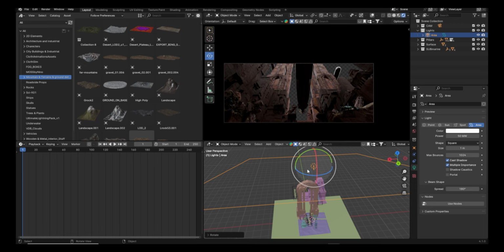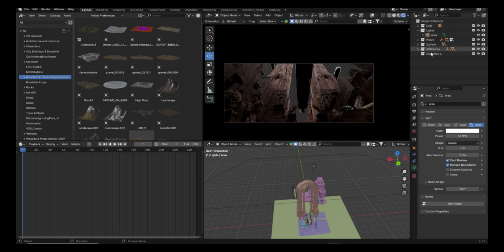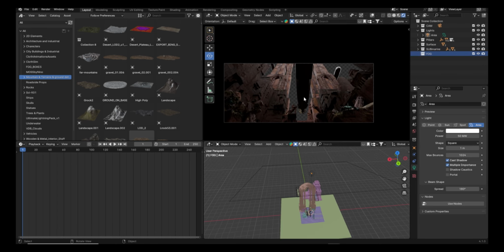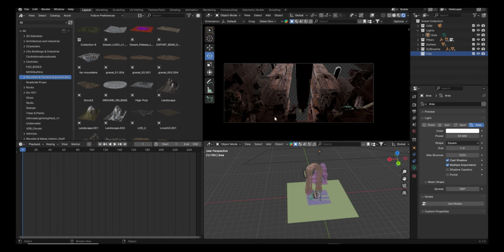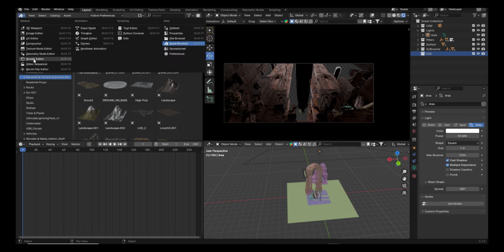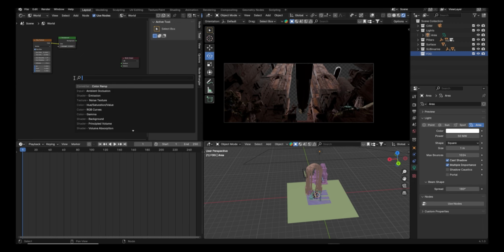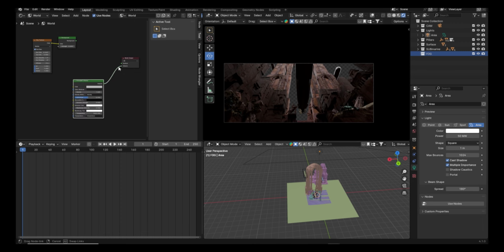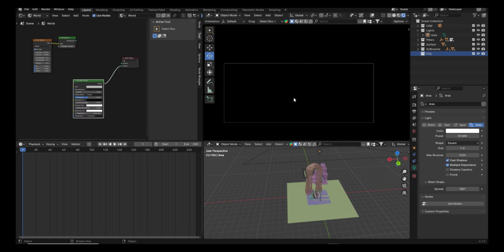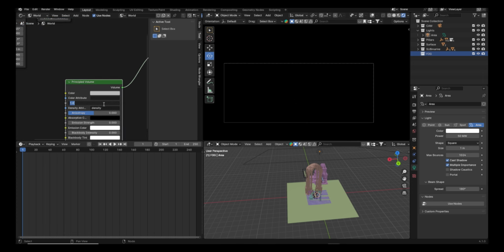Now I don't want to work much on light, but because we're creating an underwater scene, I'm going to create a fog box. For that, we have two options. One, I can just go to the shading, go to the world and remove this, and select any principled volume, right? I'm going to use this and just plug it here. Now it's too dark because the density is too high. Make it